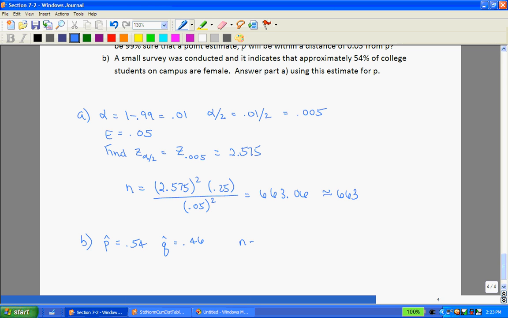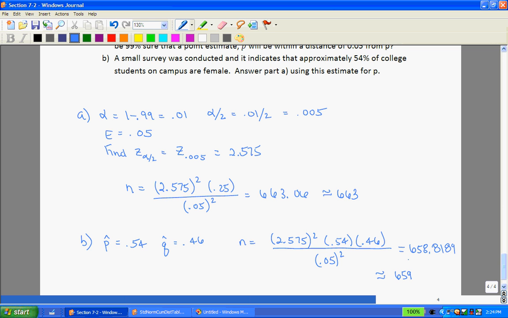So this time to find n, I would still use my same z-score, 2.575. That gets squared, times, well, not times 0.25 this time. This time we'll use p hat and q hat. So this will be 0.54 times 0.46 all over 0.05 squared. The only two things that changed were these numbers here. And multiplying that out, I get 658.8189. If we were to round that up to the nearest whole number, we'd say